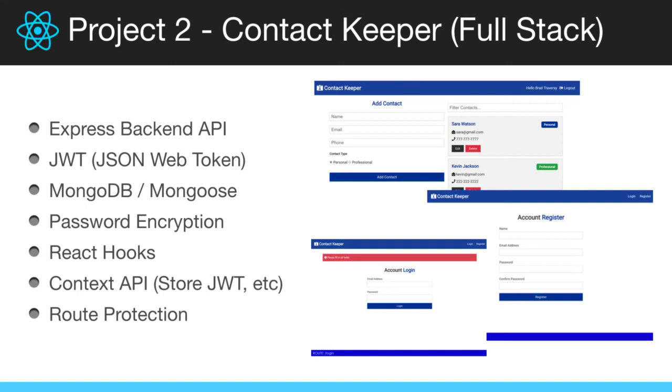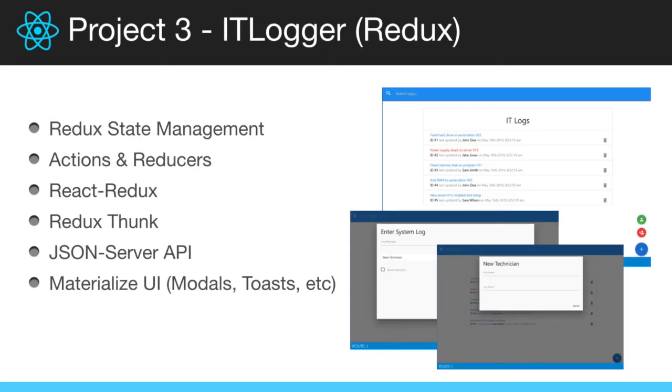Now, if you took my MERN stack course, the back end is going to be very similar. However, the front end is much different because in that course we used Redux. Now, I didn't want to leave out Redux because it's still very relevant, especially for larger applications. So the third project is an IT logger application, something that you would use in an IT department to track